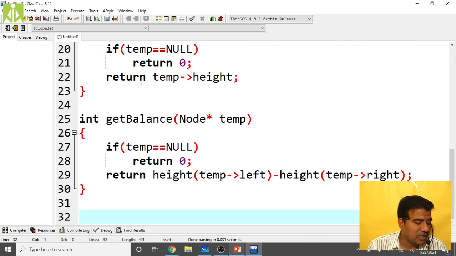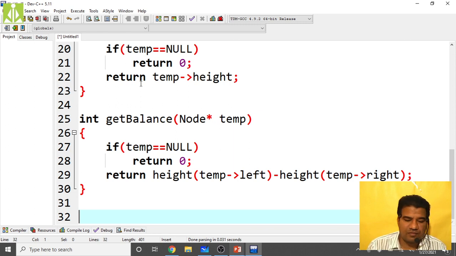So the next thing is, whenever the tree is losing its balance factor, we have to do rotations, and those rotations are of only two types. Single rotations are of only two types, and double rotations are combinations of single rotations. That's why we write only two rotation functions: left rotation and right rotation. When we go for double rotations, we say LR rotation, a combination of left rotation followed by right rotation. And again we have RL rotation, a combination of right rotation followed by left rotation. So basically we have only two types of rotations.